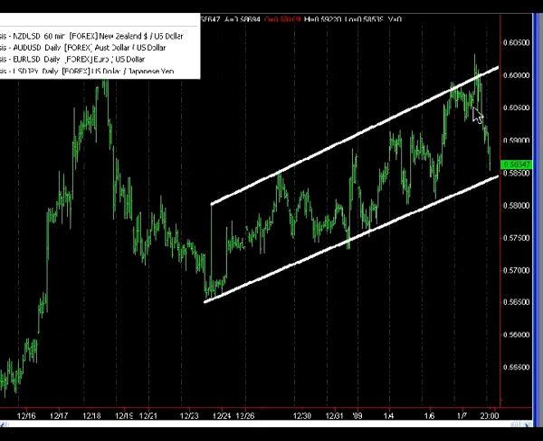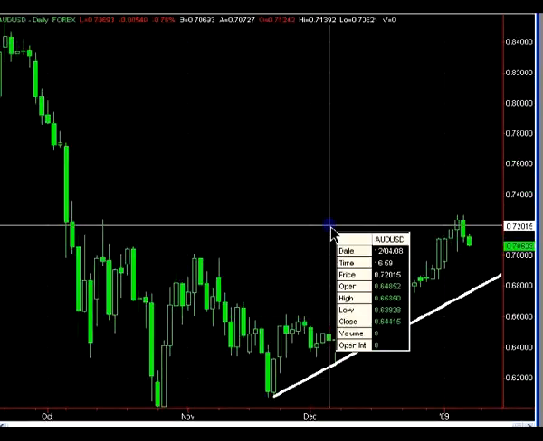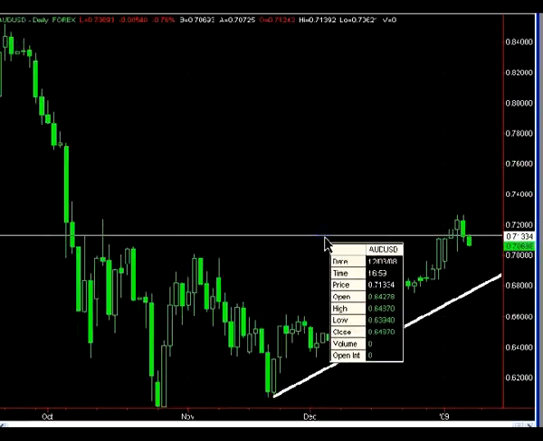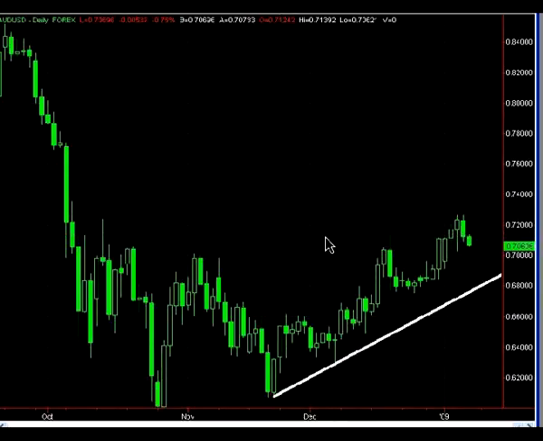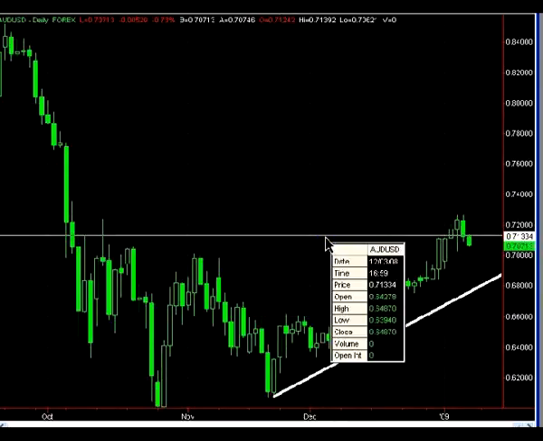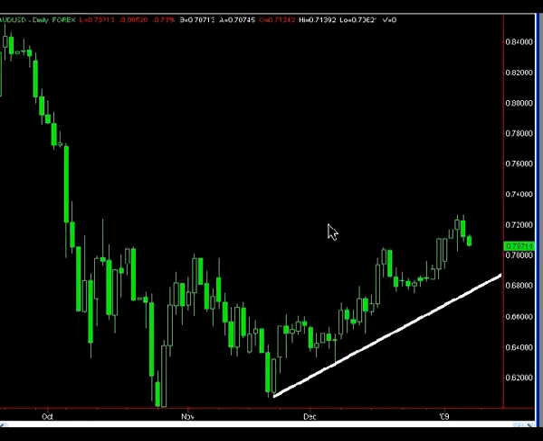The next chart is the Aussie dollar. As I was mentioning yesterday, I had a long position which I initiated around the 71.50 area. I was mentioning how I was going to exit on a close beneath the 71.40 area, which is exactly what I did. So I got stopped out here with a small loss, and I've kind of taken this pair off